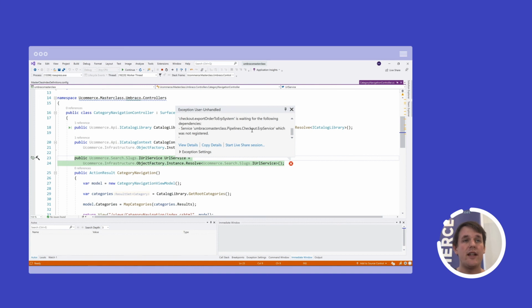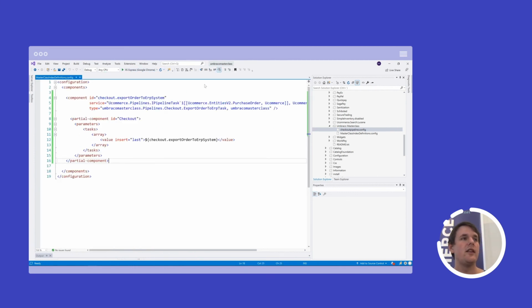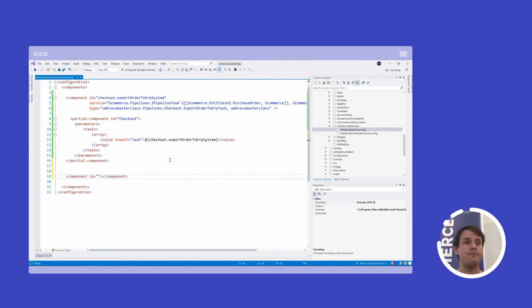And that one is then lacking the ERP service. And the reason that we see this error is because we haven't registered that in the container. So now you can see that it's a very apparent error that we get, and the way that we solve it is by also registering that component. So that's where we can actually see the benefit of the IoC container. We are composing our business logic together, and we can do that as long as all the components are there to be used. So in here I have to register that as well.